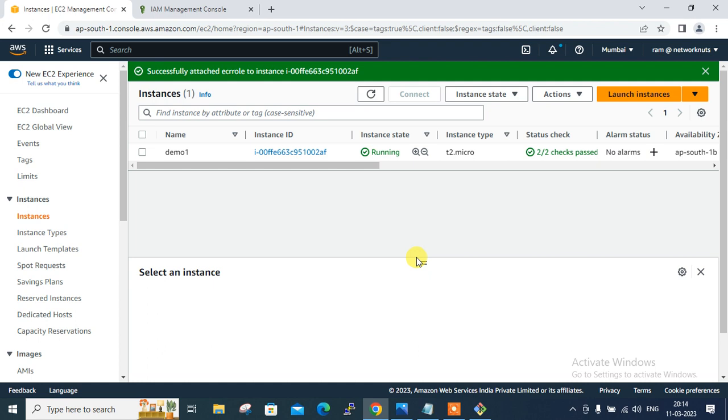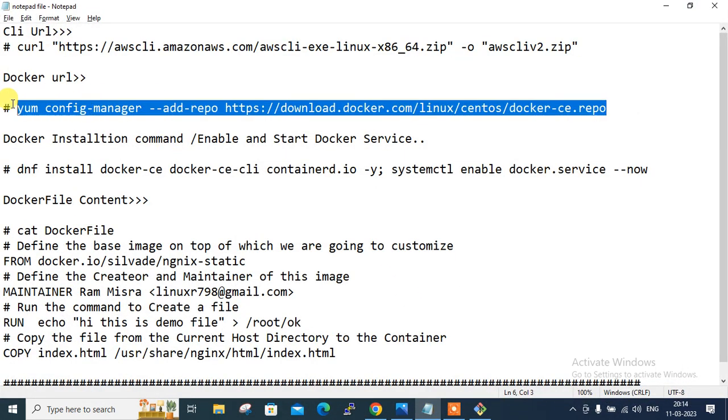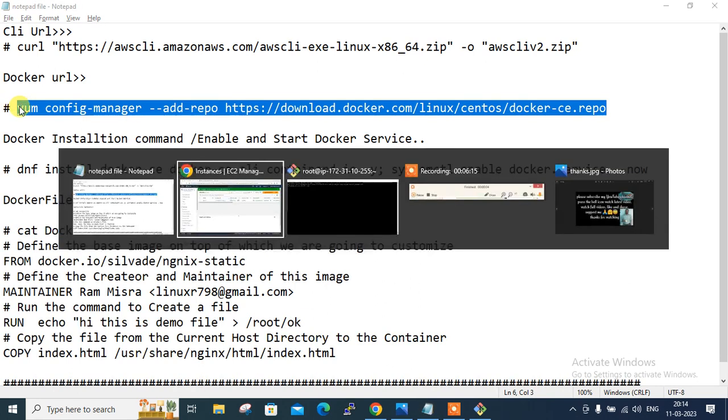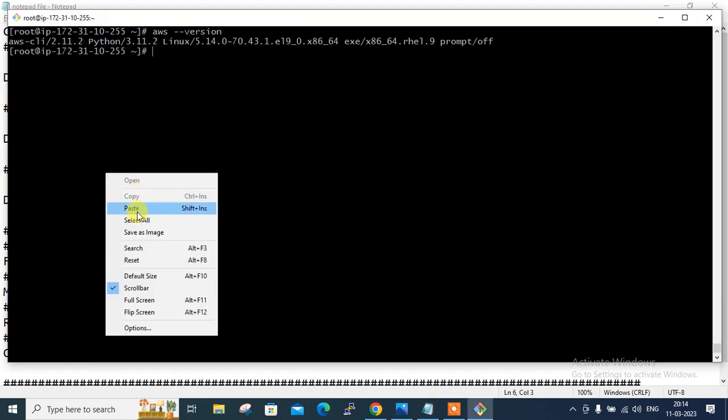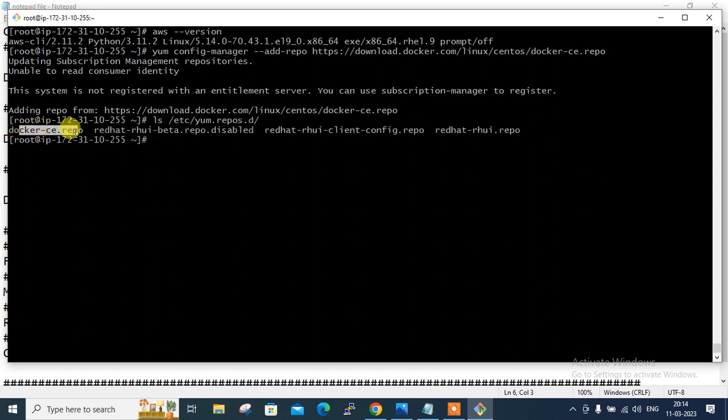Now move to the next step, which is install Docker command line tool. For that, let me add the Docker repository using the yum-config-manager command line tool. Again, the command is there. I can use this command with the Docker URL to add the repository. So I'll paste it here, yum-config-manager --add-repo. Basically this command adds the Docker repository in my yum.repos.d location. So if I go with ls /etc/yum.repos.d,